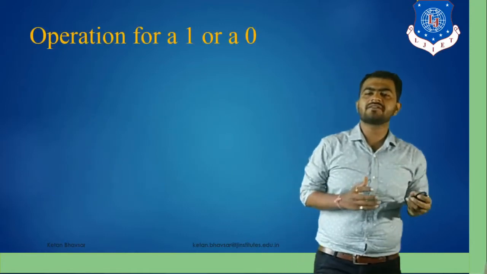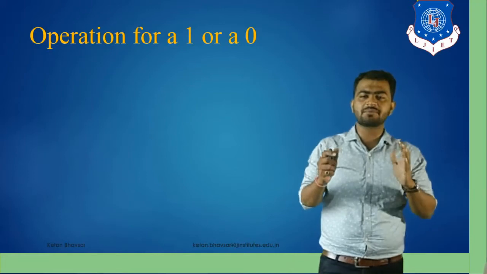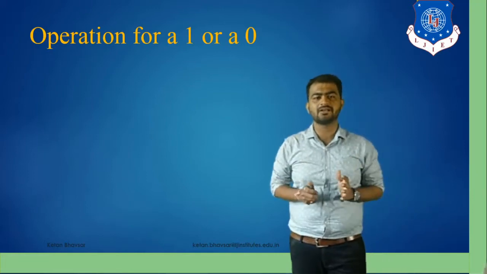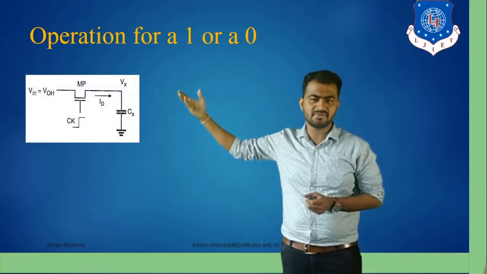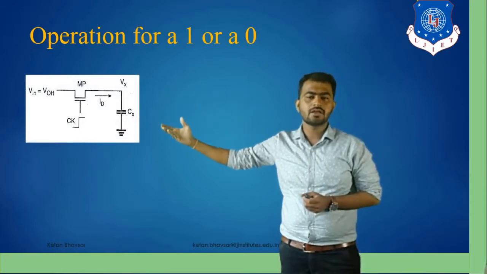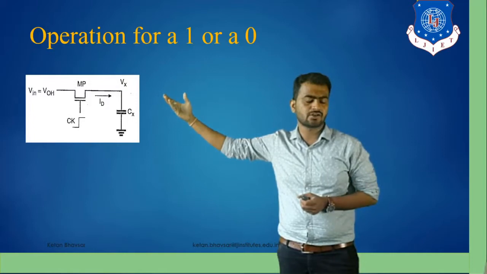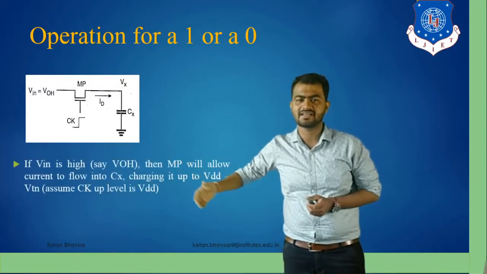Now the operation starts from 1 to 0 or 0 to 1, depending on which type of clock pulse we are exactly applying to the input terminal. So as you can see, we are applying the input V, which means we are applying the high clock pulse with the connection of the transistors and capacitance Cx.